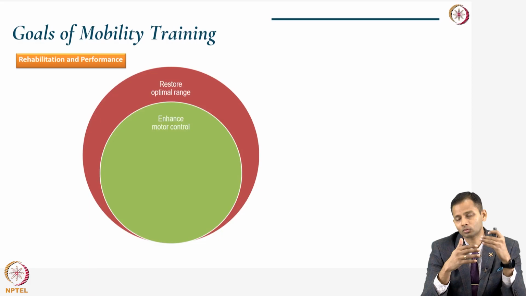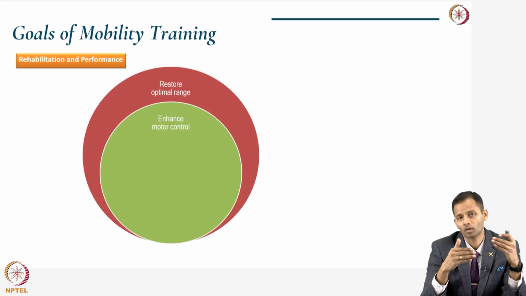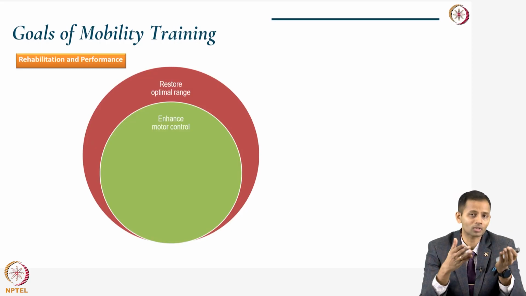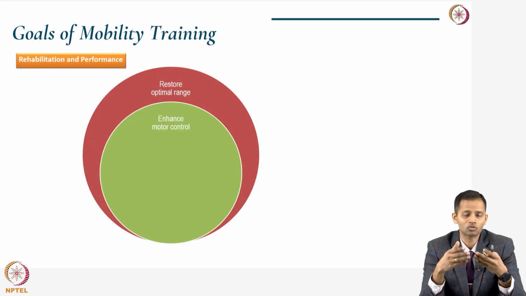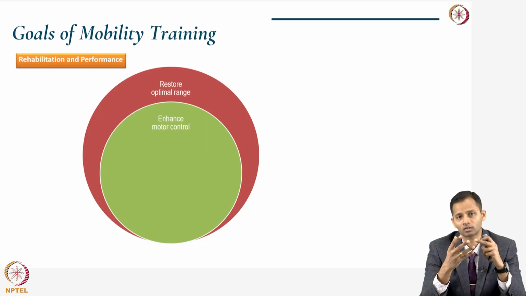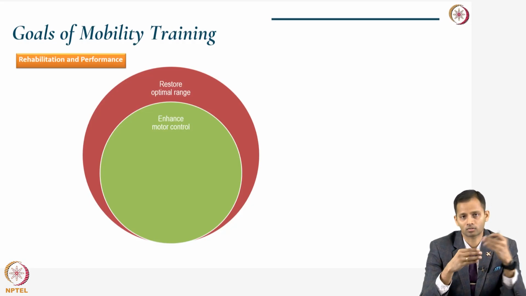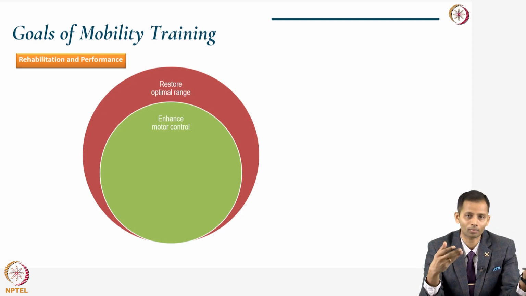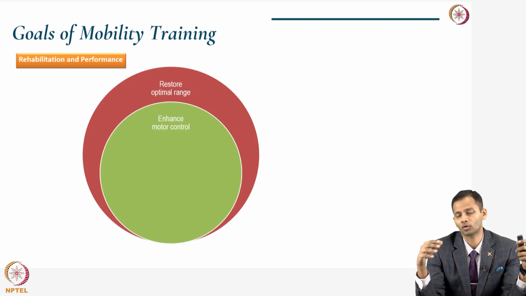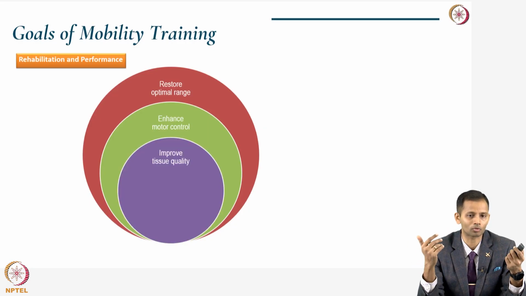Second important aspect is, since mobility is about active control, it is important to have the appropriate motor control. So especially in sports rehabilitation, post injury, there is a deficit in terms of motor control. So proprioception and neuromuscular coordination are also affected. So these have to be addressed in case of sports rehabilitation. Whereas when you're looking at performance, it is important to have a specific type of motor control, so that it gives you the optimal performance for that particular sport.